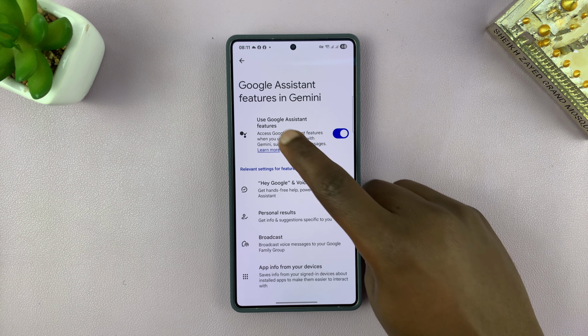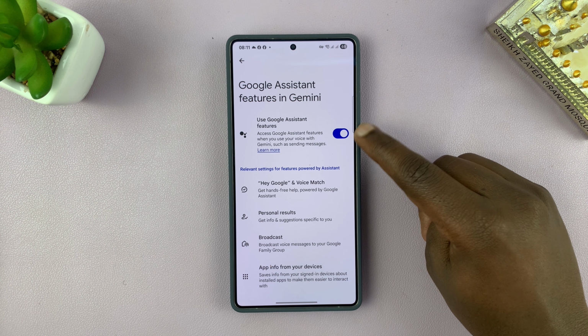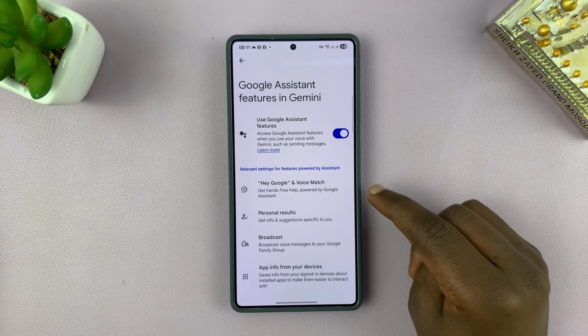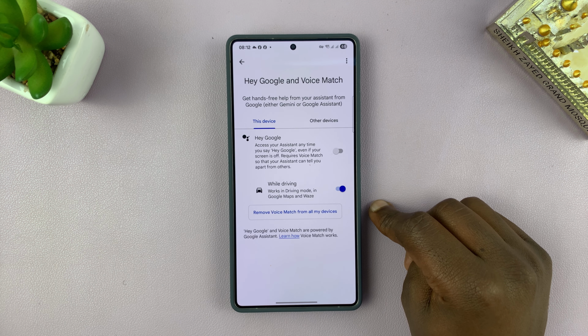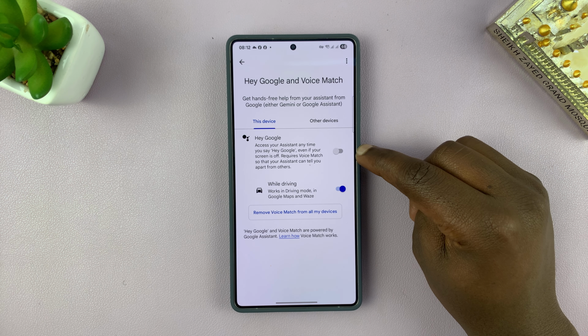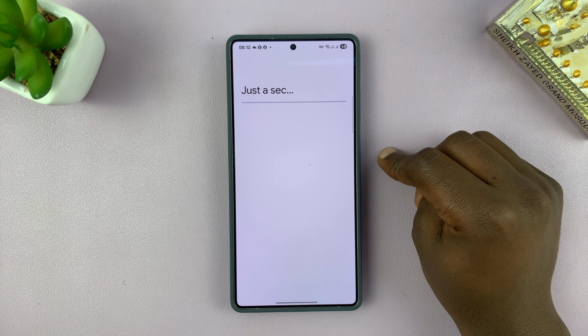you first of all want to enable use Google Assistant features. So make sure that is enabled first, and then you should see the Hey Google and voice match. So let's tap on that, and then you want to go ahead and enable Hey Google. So tap on that, and then you should see the normal